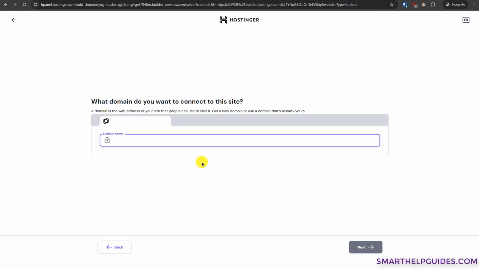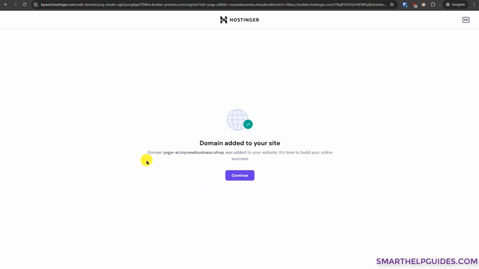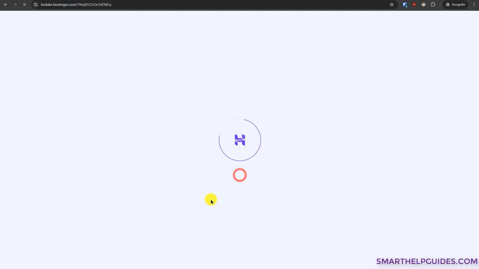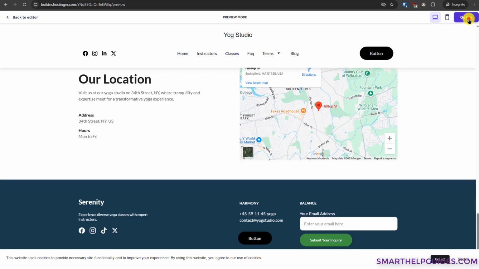I would suggest you use a .com extension. You can also use any other type of extension. And if you have purchased a 12 months plus hosting plan, then you will have a free domain which you can claim here. Now I will select this free domain here, then click on next, and you can see the domain added to our website. Click on continue, click on go live here,